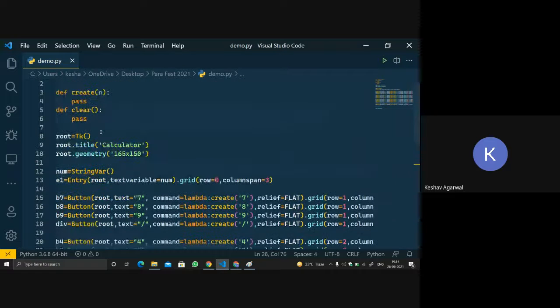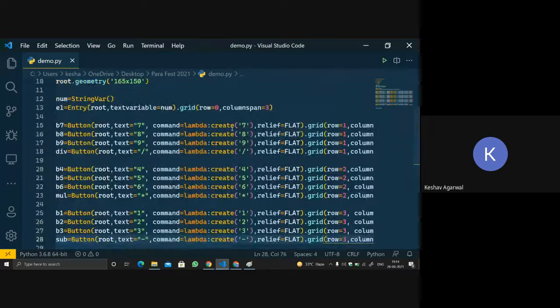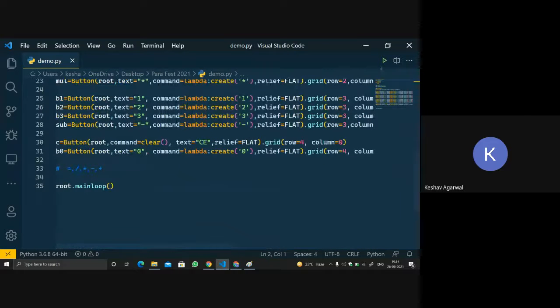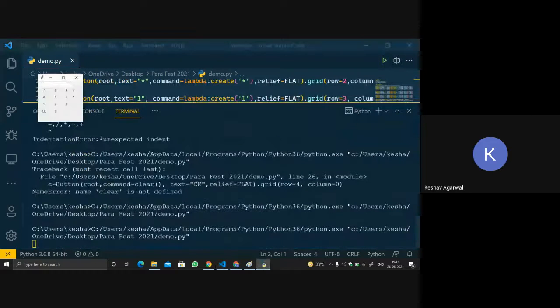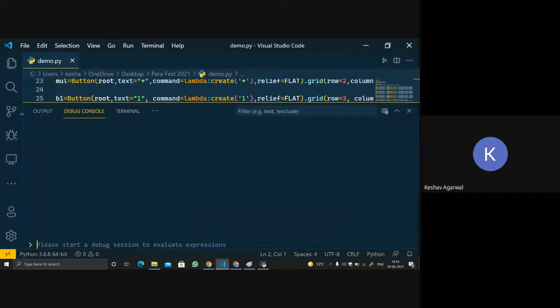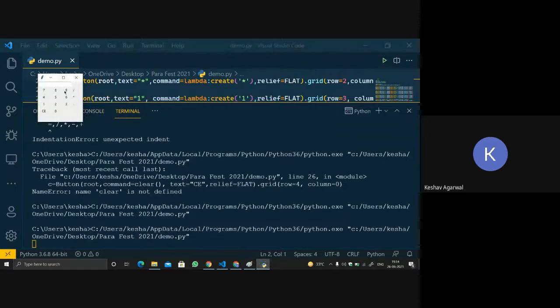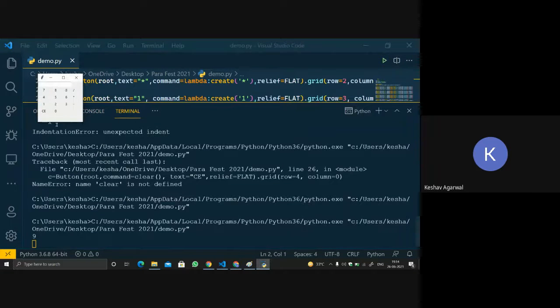Whenever the user clicks on a button, we are running the function create. So let's print whatever we are getting now. I think then it will be more understandable, and I think it won't give any errors. So let's run it and just see the terminal for the output. Let's click on 9. See, 9 is printed.